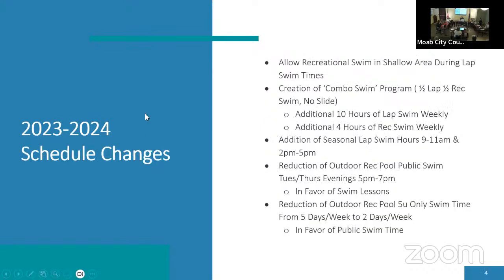Schedule changes for the 2023 to 2024 school year. We have received some feedback about these items, and we're absolutely looking to the public for their feedback and comments on these to make sure that we're doing our best to really cater to the needs of our community. The goal with any schedule changes was just to hopefully